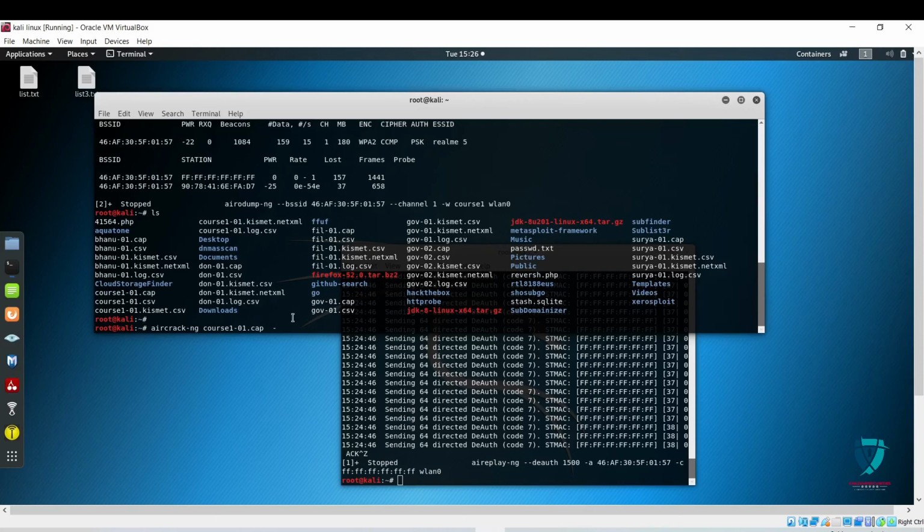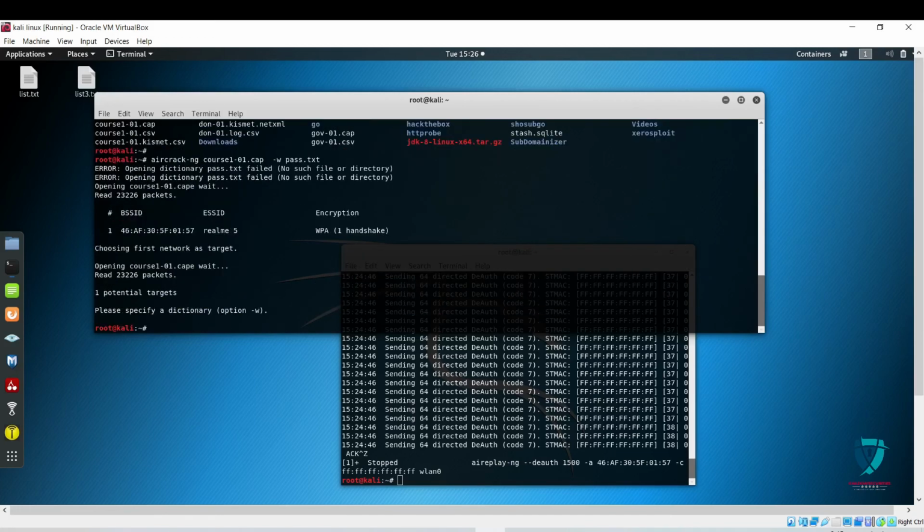Then I'm going to use pass.txt, one of the file names, with parameter -w, and pass.txt. This is the password list I'm going to use. If I enter here, we can see it asks to specify a dictionary file.